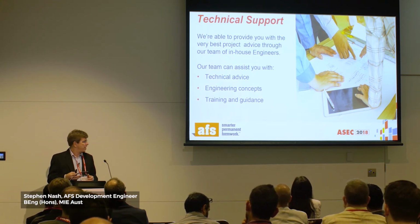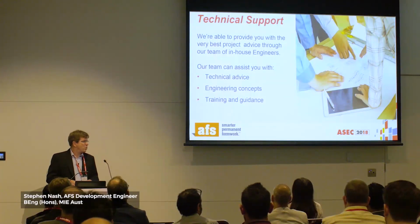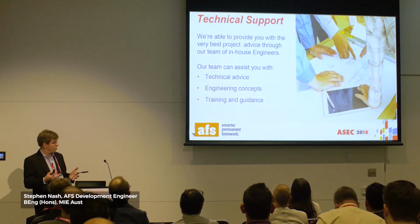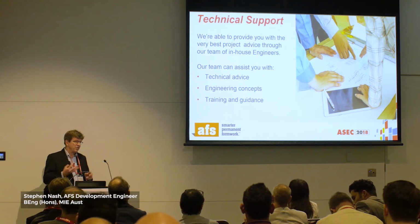So we've got the full technical support of CSR for all their CSR products and how to tie them into these systems. So if you need any technical support or you've got any detailed questions, I hope I can answer them for you. That is very quickly an introduction into these walls and how you would just substitute with blockwork, but you can do the same with precast, in situ,